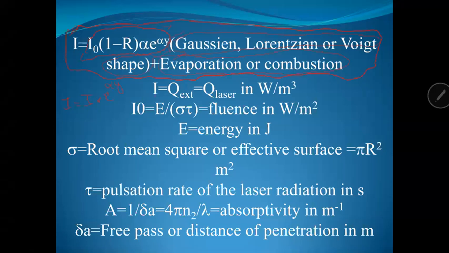Okay, I want to show you this equation term by term. First, I in COMSOL or any kind of simulator is written as Q exterior, which is the Q laser. And what is the per meter cube? Even this term